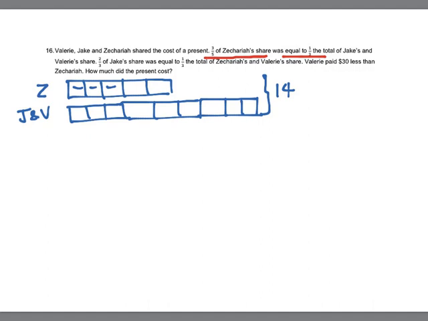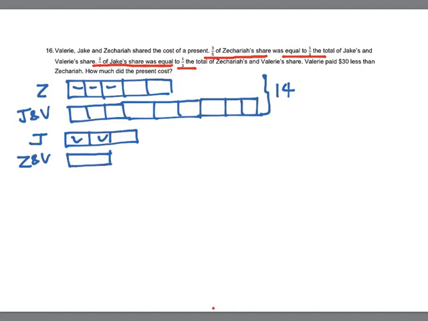It says that 2/3 of Jake's share was equal to 1/3 of the total of Zechariah and Valerie. So similarly, I'm going to draw again. I'm going to draw out Jake. Jake 2/3. That means Jake has got a total of 3 units. It's the same Jake, same Zechariah and same Valerie. Okay, and is equal to 1/3. 2 units of Jake is equal to 1/3 of Zechariah and Valerie. So if this is 1/3 of Zechariah and Valerie,